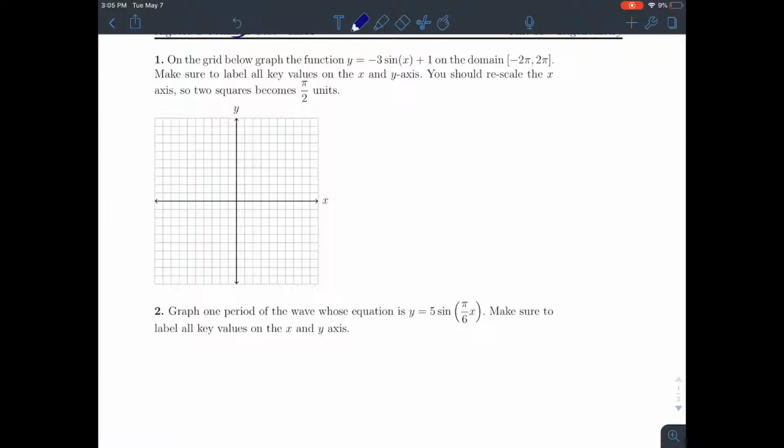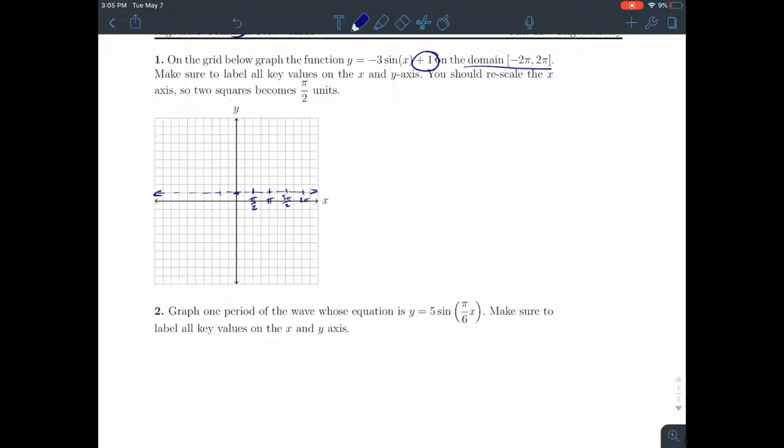On the grid below, graph the function -3 sine x plus 1, so vertical shift of 1, which raises our midline, on this domain. Make sure to label your key values on the x and y axes. So I'm going to take what Sam does and draw the midline out. I would do it dashed, and then I'm going to add the values for the x-axis, where we would usually have them on